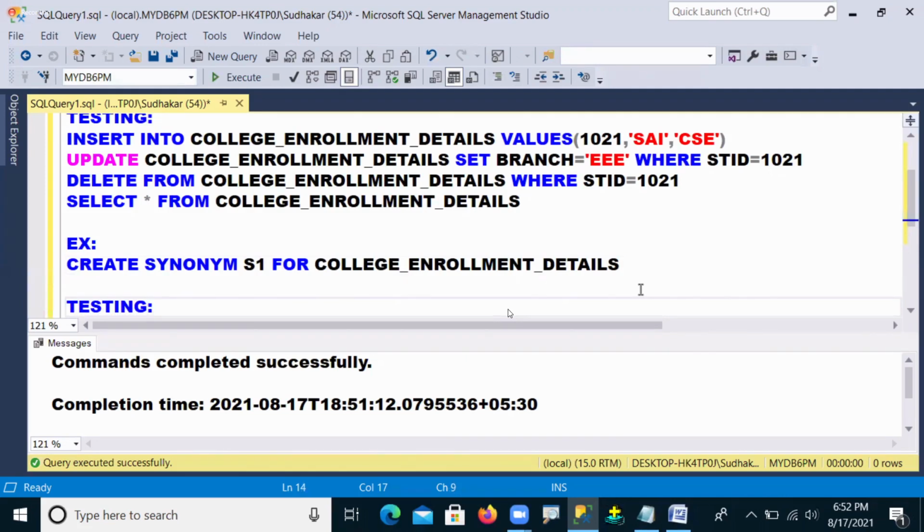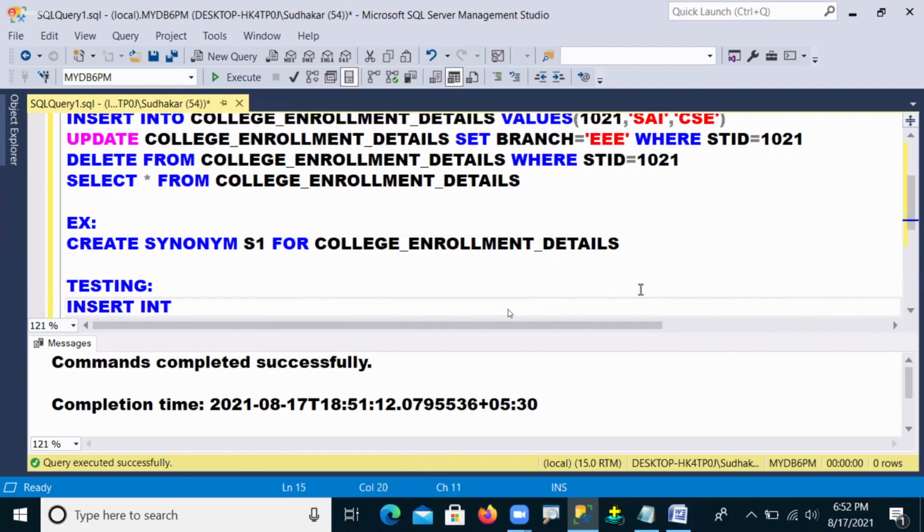Instead of that name, I'm using S1. See how simply we can do it. Insert into S1. S1 means the college enrollment details table, but in place of that, I'm just using S1. So S1 values 101.